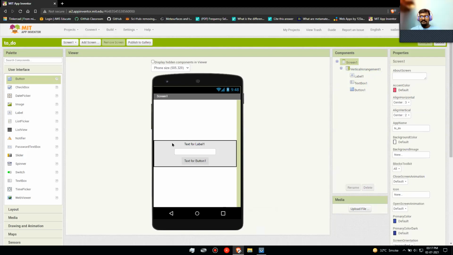So have you put that inside the vertical arrangement or outside the vertical arrangement? It came outside the vertical arrangement. No, put that inside. Not going inside. You can share your screen. I think I have the same problem. Yes, now it came. Okay, so now that alignment should be center, then both will go in the center, right? Yeah.